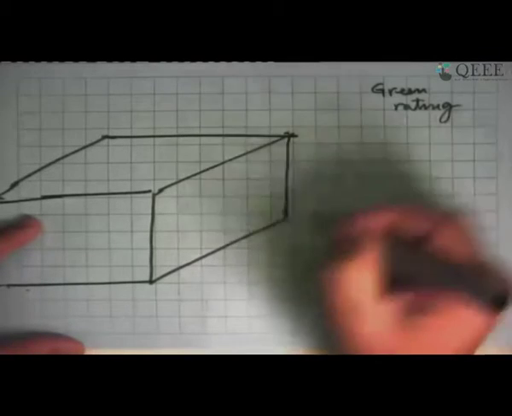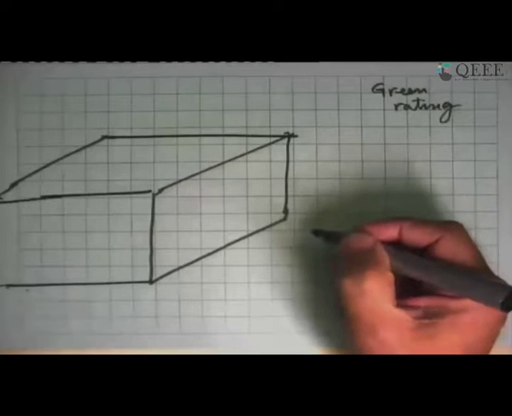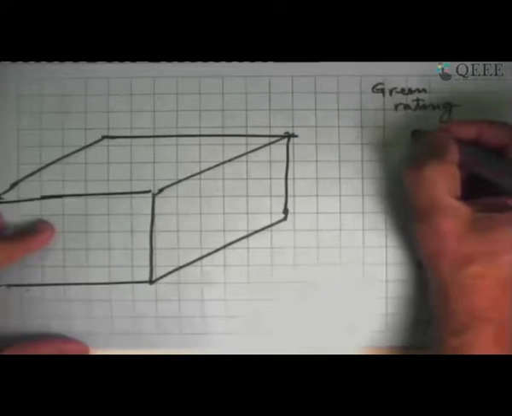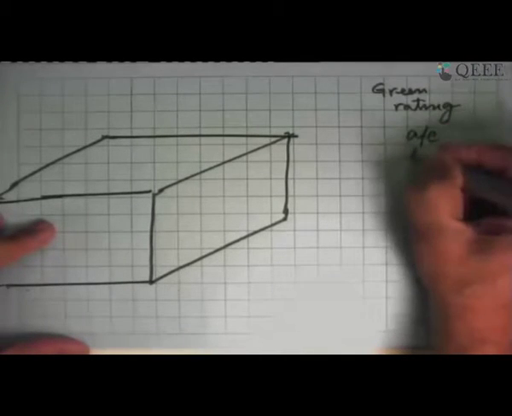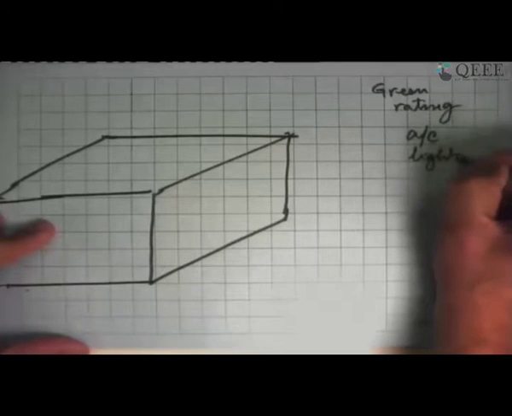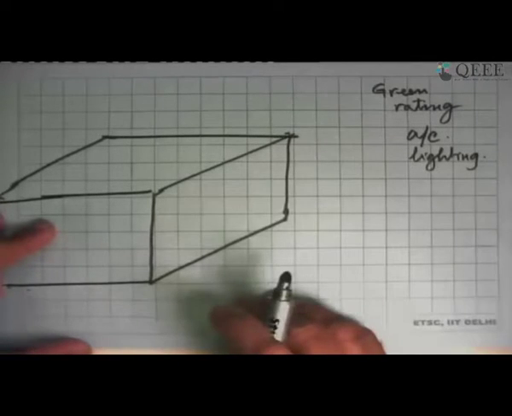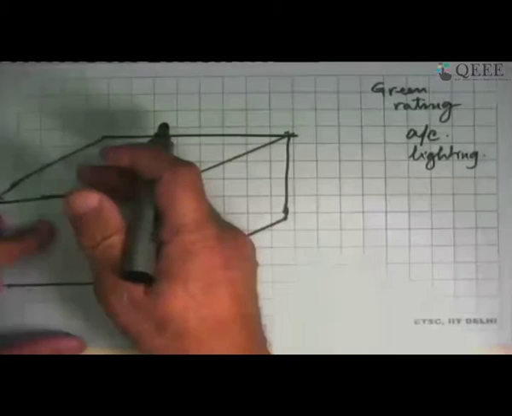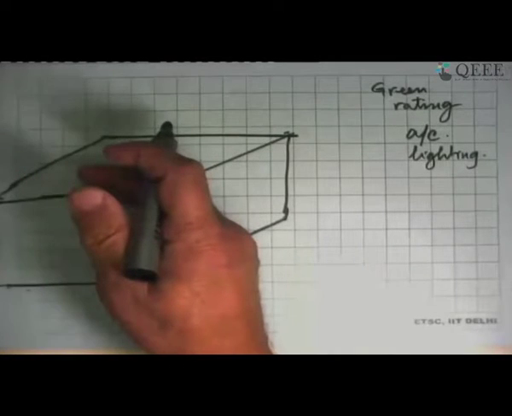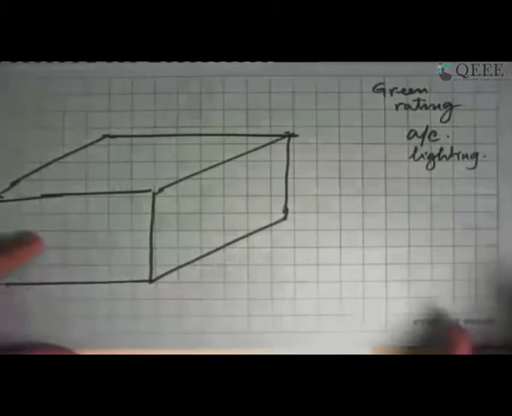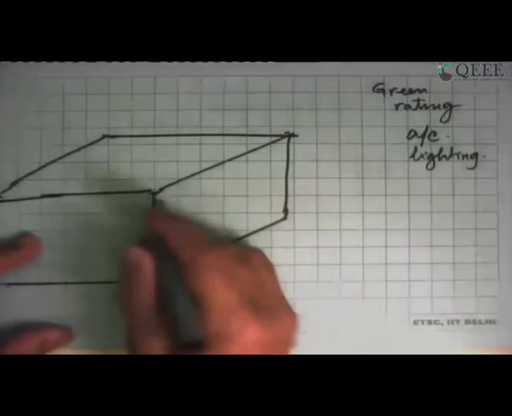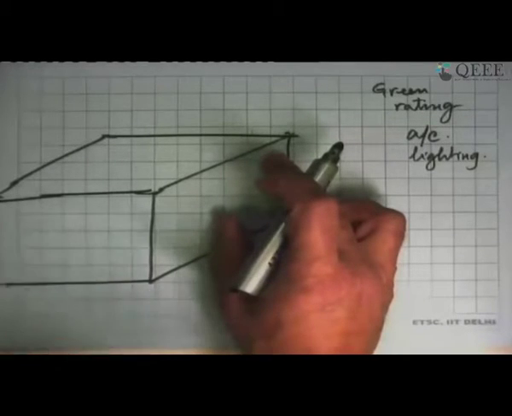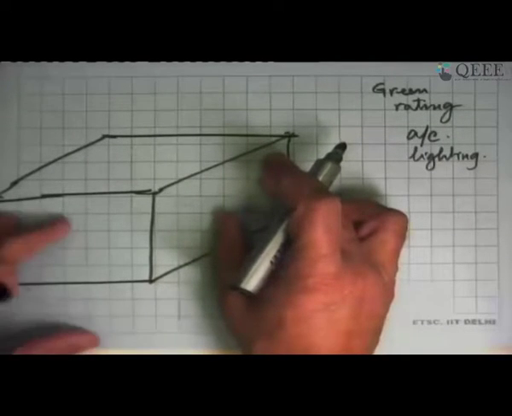And one of the parameters in green rating is how much electricity it consumes. And one of the big things that electricity is consumed for is air conditioning. And then there is lighting. Air conditioning is usually dependent on how much heat goes into the building, which you have to then pump out because refrigeration work has to be done. So if you have to say, what is the heat transfer from this wall, that will tell me how much energy is going into the building.